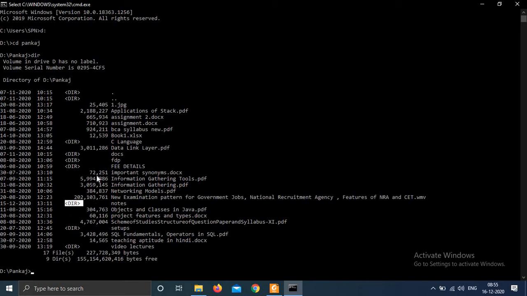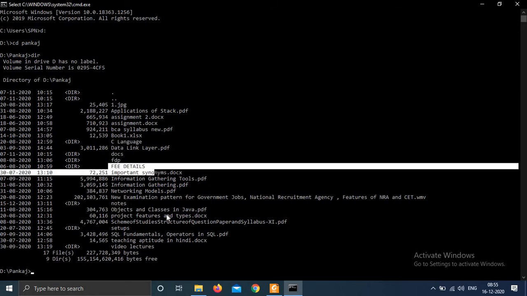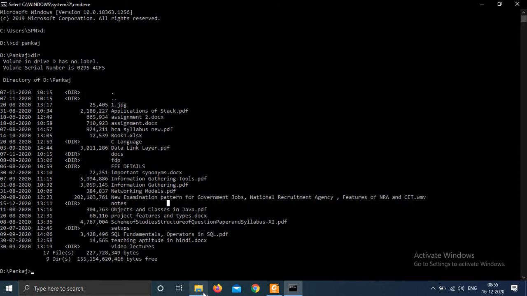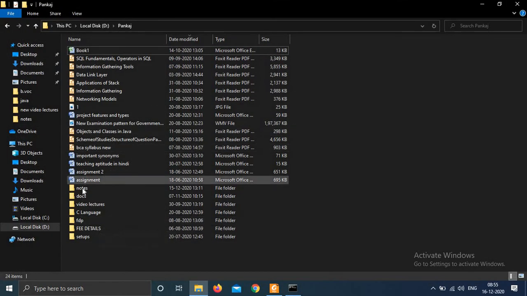Here you can see the different folders like C language, docs, FDP, fee details, notes, and so on, in my directory.